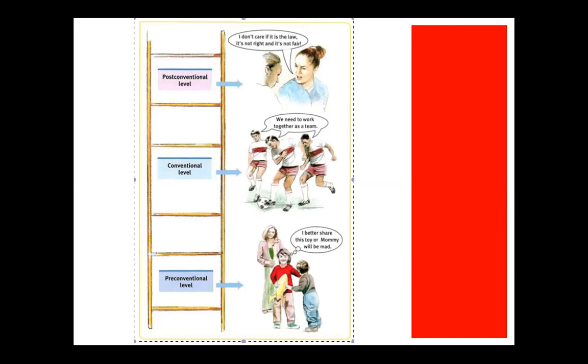Now, reading that back to you, I can see that there are some things happening in the world at the moment that really might challenge that post-conventional level of thinking that the perspectives of all individuals are important, because I think we're losing that a little bit at the moment, where people are not willing to listen to and respect the perspectives of others. So it'll be interesting to see whether any new theories come out down the track in light of everything that's gone on in the world at the moment.